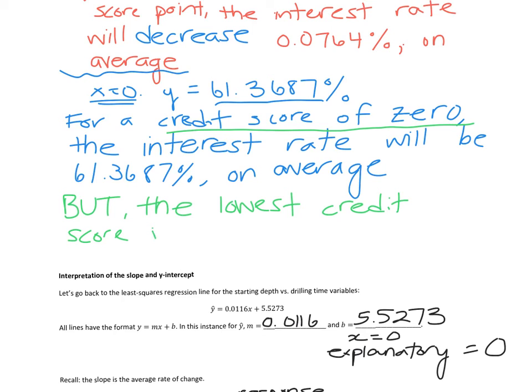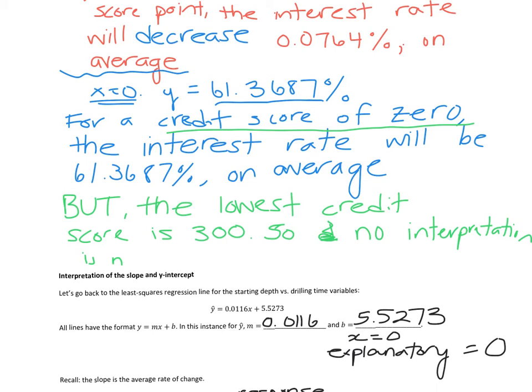Not 0. So 0 doesn't make sense. We don't actually interpret the y-intercept. Or we can just say, so no interpretation. No interpretation is needed,